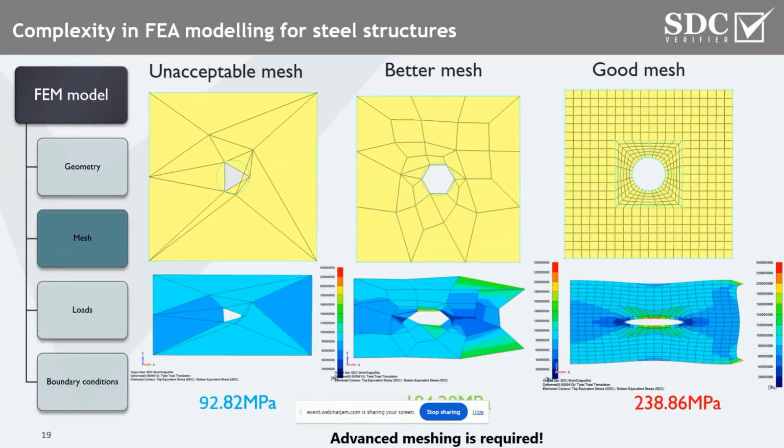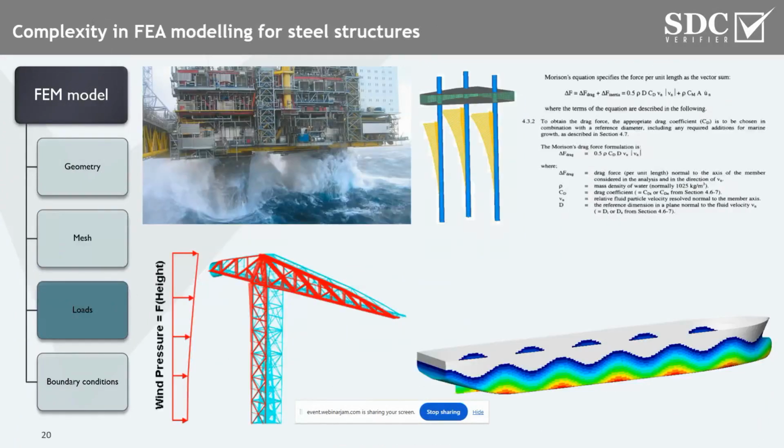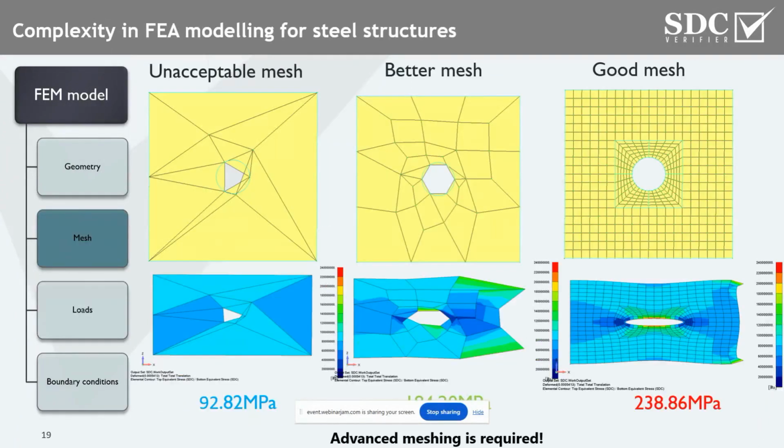Here is just a simple example, when you start from a bad mesh and end up with a good mesh. So basically, in this case, you have a 2.5 times lower stress level compared to the fine mesh quality, for obvious reasons. And here, well, that's something average, basically in the middle, but still around 30% less than the fine mesh. So advanced meshing is really required to make sure that your model meets your expectations and also